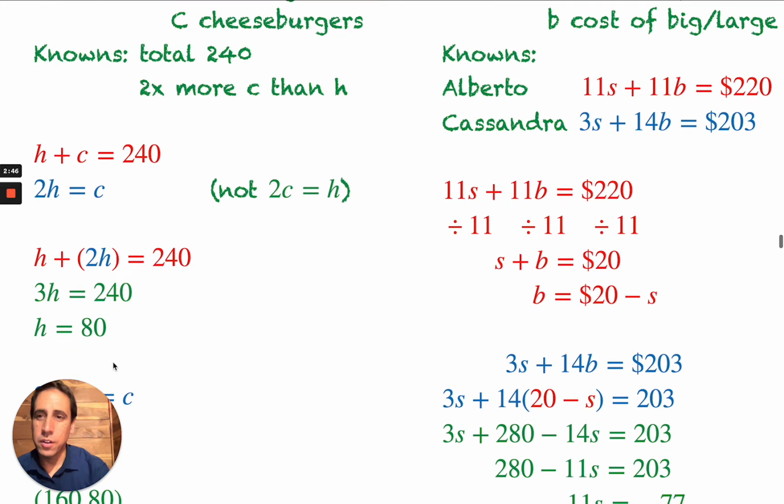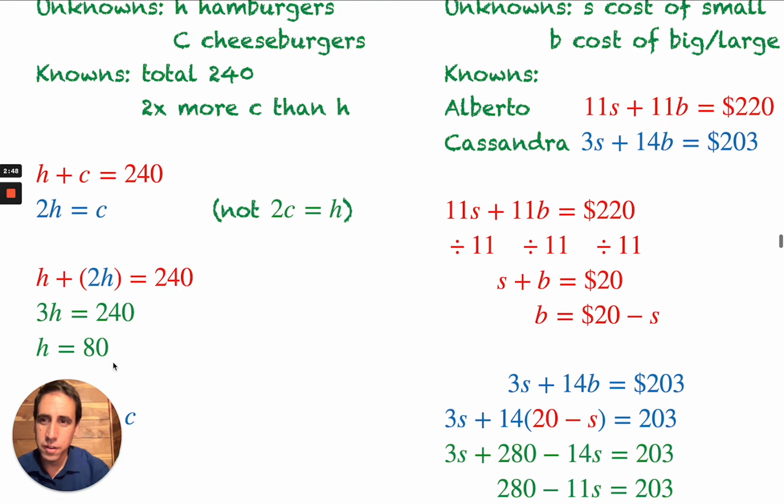Anyway, here's the trickiest mathematical part going on right here. Recognizing that we have these two equations, and recognizing here that one of the variables is already all by itself, that's the C. What does C equal? It equals 2H. Say it out right now, wherever you are, let me hear you. What does C equal? Right. C equals 2H. So therefore, we can rewrite the top equation, again, using a set of parentheses, H plus